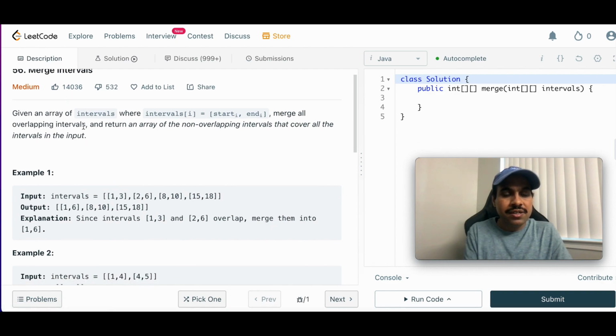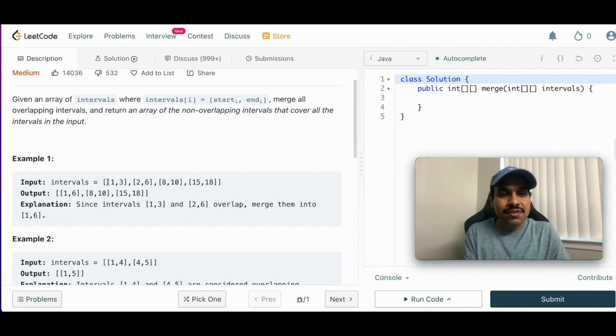So we are given an array of intervals, where interval of i contains two values: one is start i and one is end i. For example, this is one interval which contains start as 1 and end as 3. We have to merge all overlapping intervals and return an array of the non-overlapping intervals that cover all the intervals in the input. So what it means basically, if you see, the first interval is 1 3, the second interval is